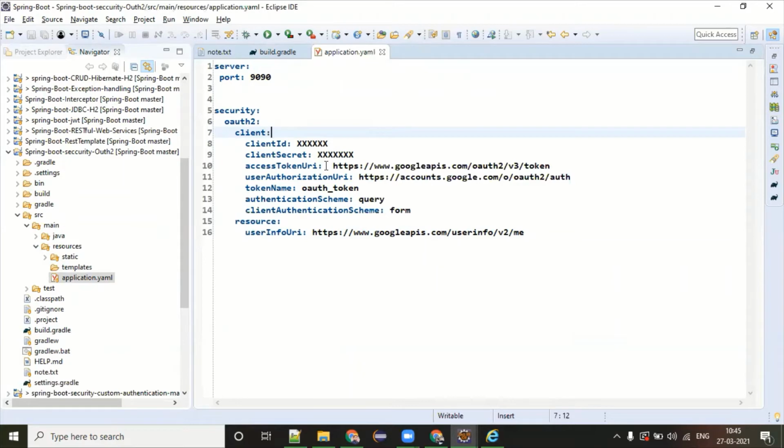The only things you need are the access token URI and user authorization URI. These two are fixed for everyone. The things that change are your client ID and client secret. I'm thinking this is for Google.